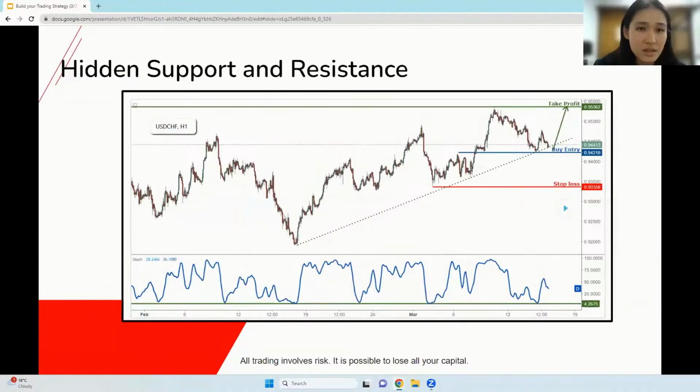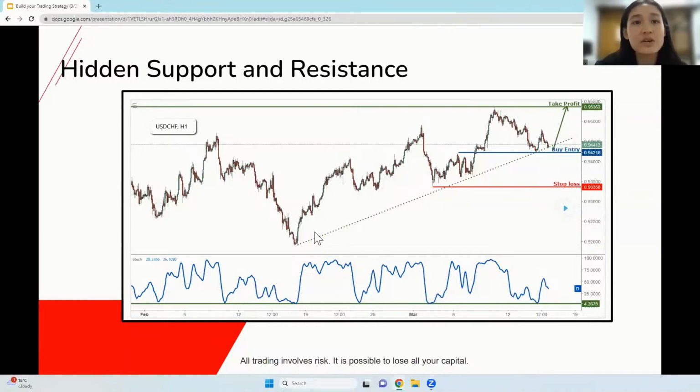Okay, here's another example of a hidden support or resistance. So we see that we have, and once again, we are using a stochastic indicator. So we have a hidden support level in this case, and on our stochastic, and on our price chart, we have this